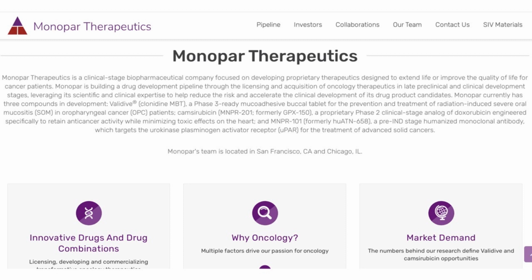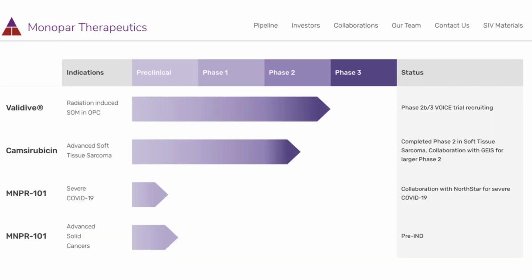MNPR is building a drug development pipeline through the licensing and acquisition of oncology therapeutics in late preclinical and clinical development stages, leveraging its scientific and clinical expertise to help reduce the risk and accelerate the clinical development of its drug product candidates. MNPR currently has 3 compounds in development: Valodive, which is a phase 3 ready buccal tablet for